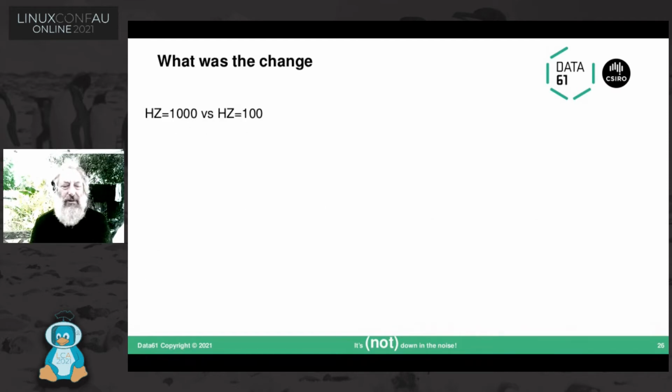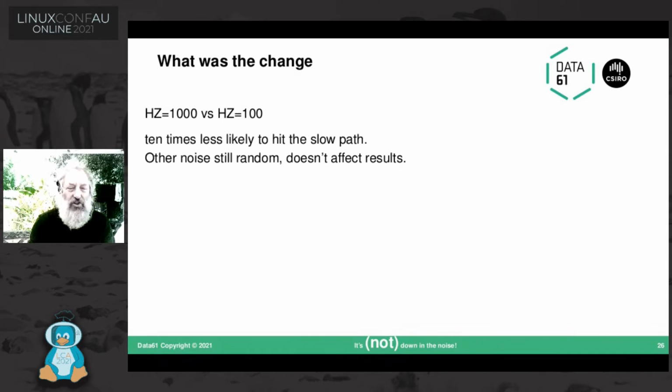Well, I changed the value of Hertz. I've turned off dynticks for the purpose of this demo, and I changed Hertz from 1000 to 100. That means that the slow path should be hit 10 times less often. The other noise is still random and doesn't hit the results. So I expect there to be a change, that we hit the slow path less often, and we saw that. We got a 0.75, 0.76